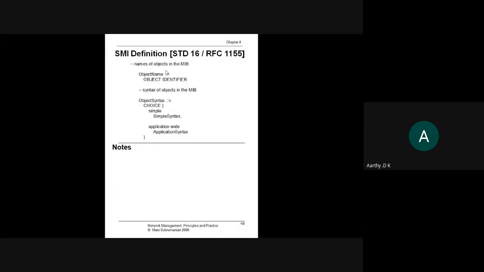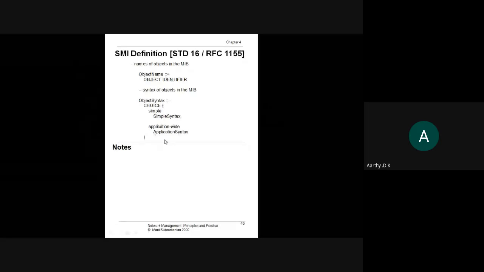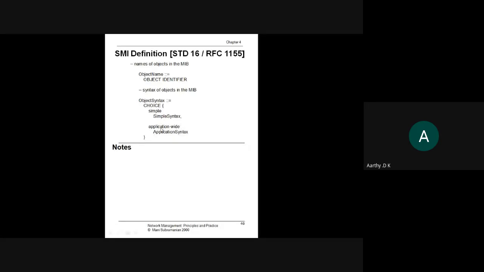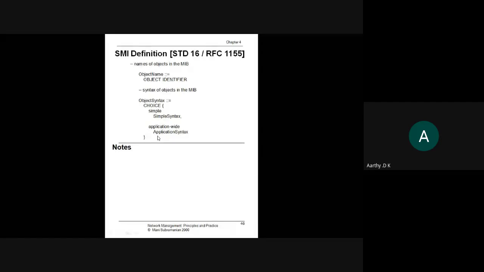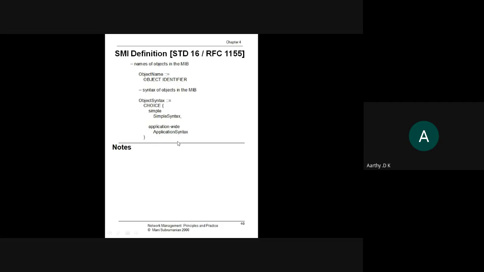So your object syntax can be either a simple data type or an application specific data type. Simple is like your integer, octet string, null, object identifier. Application specific data type is your IP address. If you recollect yesterday's class, opaque, then gauge, then we had a counter, those things.